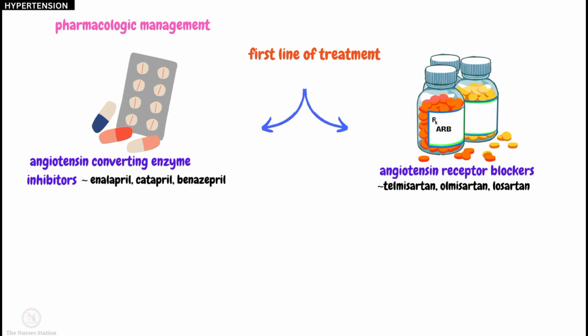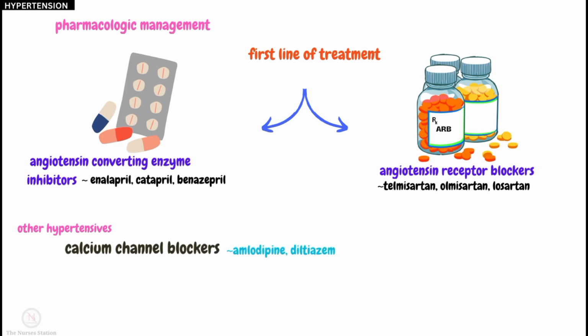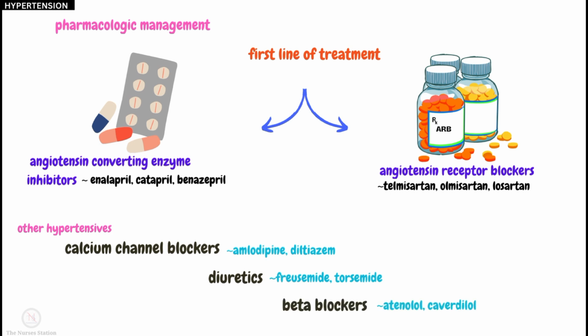If blood pressure does not fall below 140/90 mmHg, the dose is increased gradually and additional medications are included as necessary to achieve the control. Other antihypertensive medications include calcium channel blockers like amlodipine, diltiazem, diuretics like furosemide, torsemide, beta blockers like atenolol, carvedilol, and